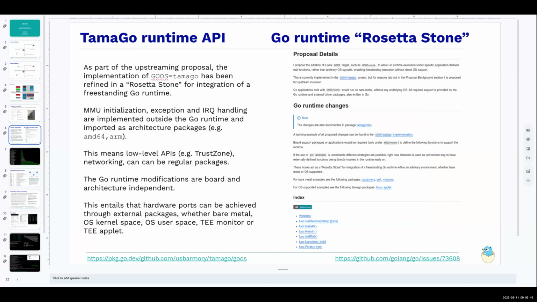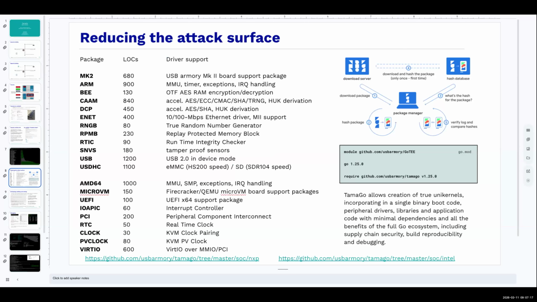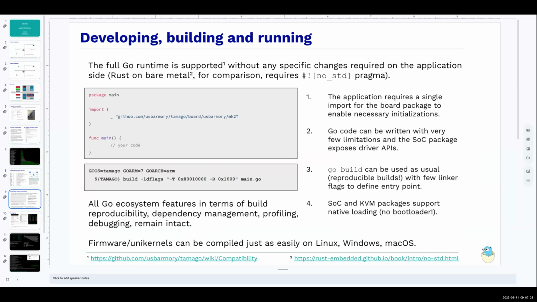We achieved this by defining an abstraction for implementing arbitrary operating system or no operating system support. So basically, we also re-implemented Linux with this interface. We defined a Rosetta Stone sort of API, which allows, with few functions, 6 functions specifically, to enable execution of the runtime in a freestanding environment. The advantage of this, of course, is a dramatic lines of code reduction and attack surface reduction for executing whether on real hardware or confidential VMs.